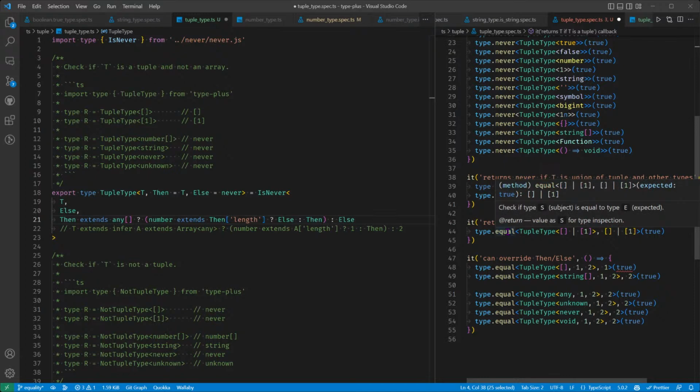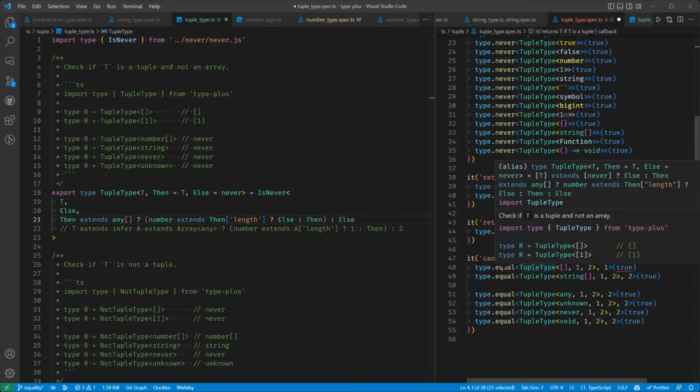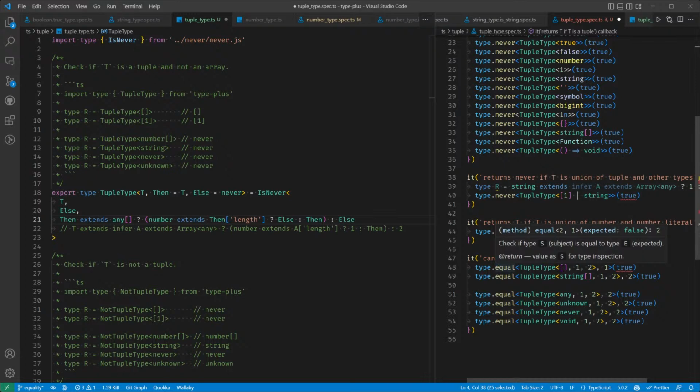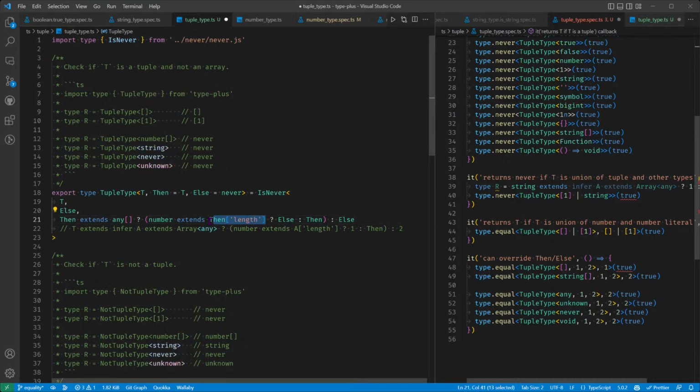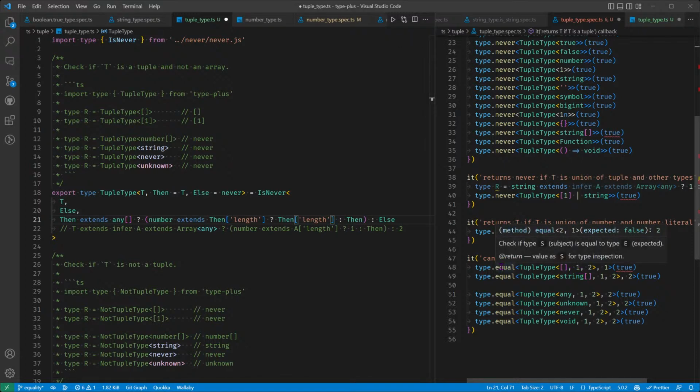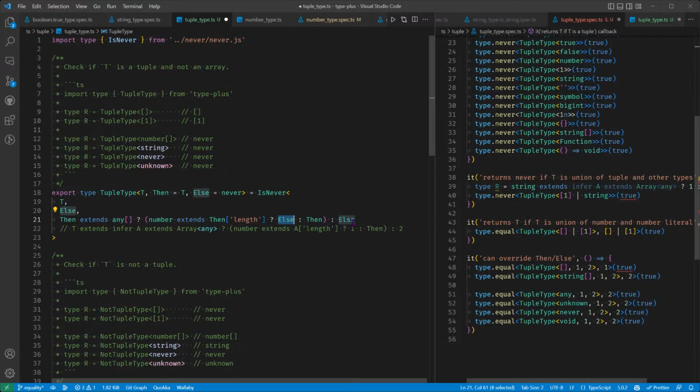This one is still correct, but this one somehow gets to an else case. My guess is over here. Nope. It gets over here. It does not. The then, which is T, does not